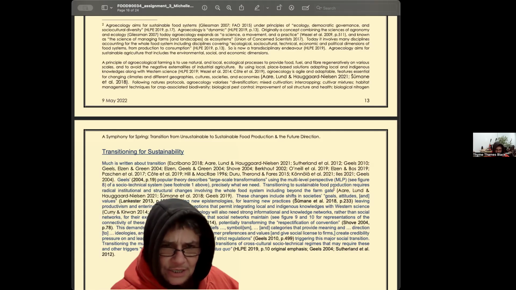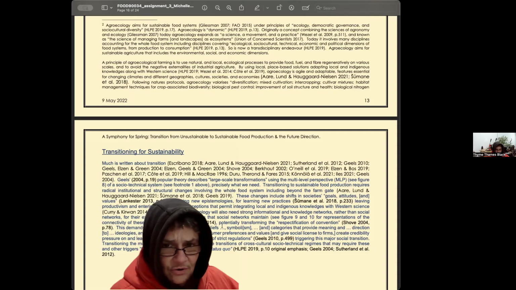Transitioning to sustainable food production requires radical institutional and structural changes involving the whole food system, including beyond the farm gate. These changes include shifts in society's goals, attitudes, and values, requiring new epistemologies for learning new practices, leaving productivism and entering constructivist conceptions that permit integrating local and indigenous knowledges with Western science. This epistemology will also need strong informational and knowledge networks rather than social networks, for their exclusion reduces the lock-ins that social networks maintain, see figures 9 and 10, for representations of the connectivity of these two networks, Dowd et al., 2014, potentially transforming the